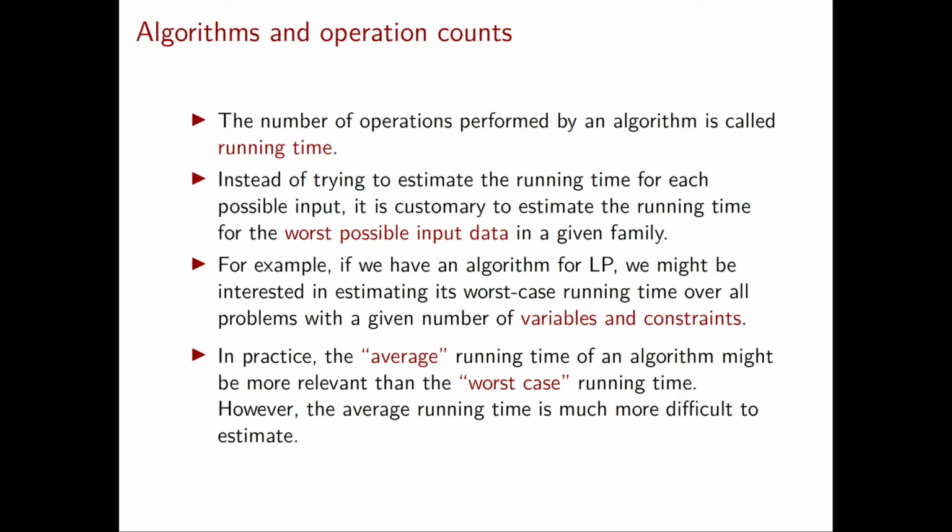This is a very conservative measure, of course, and instead you could, for example, consider the average among all of these instances with the same number of variables and constraints. Each approach has its advantages and disadvantages. One advantage of the worst case analysis that we perform is that it gives us an important guarantee that for any possible problem with that number of variables and constraints, the running time will be lower than the one we're considering. On the other hand, the downside is that this worst case analysis can be, in some cases, too conservative.